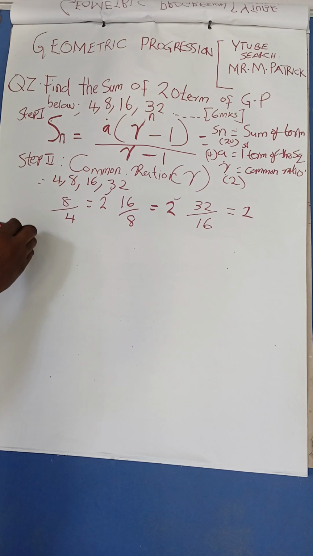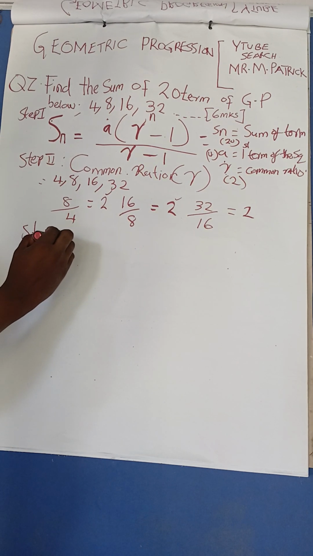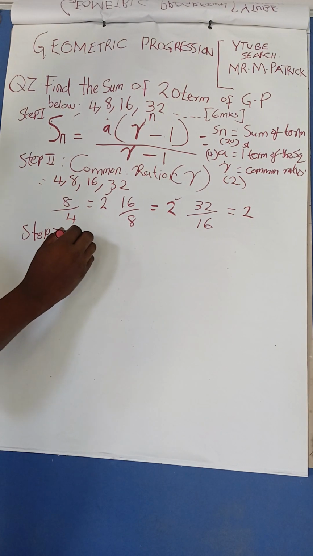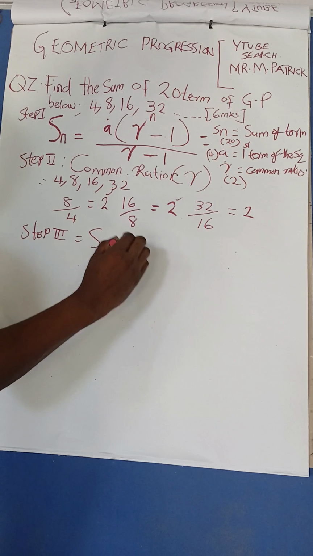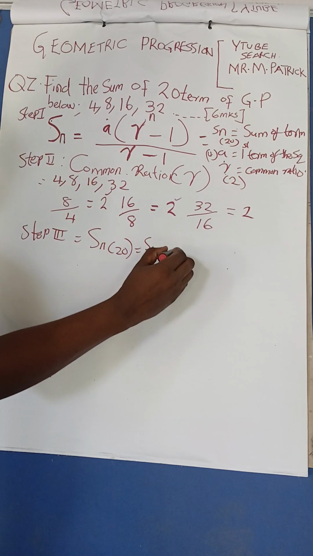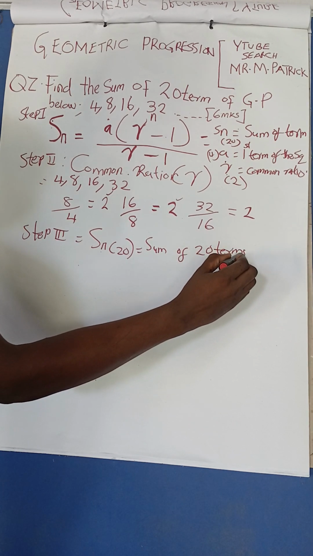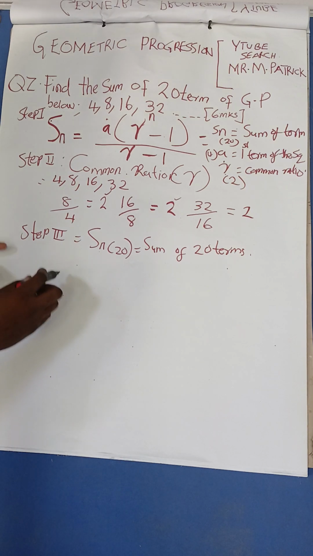So I will come now to step 3. Step 3 is now to calculate what? I want to now calculate the sum, which is the sum of 20 terms. That's the sum. The sum of 20 terms, I will come and easily just, now that I have the